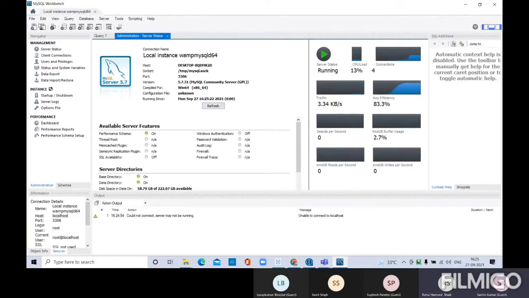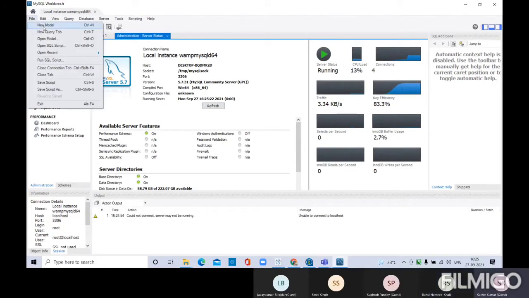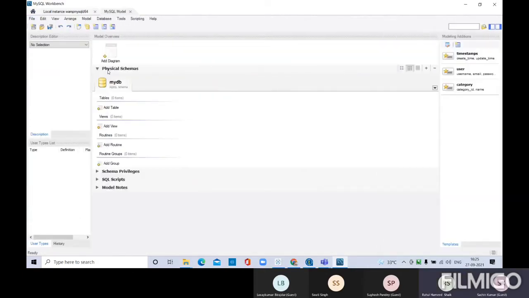Click on new query tab, or a new model. That's fine. You can create a DB here. Enter all the details.